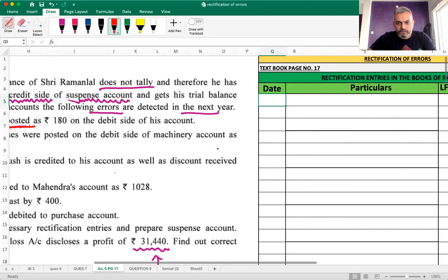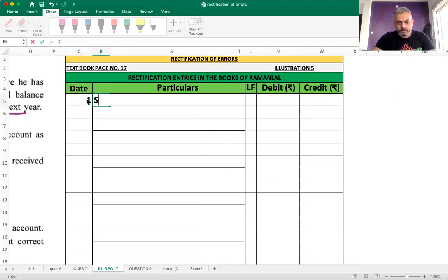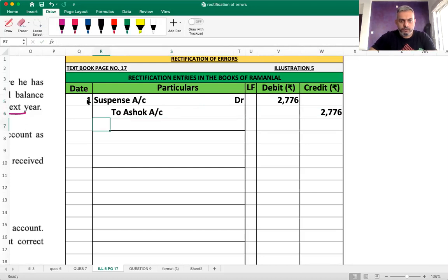Now, let's write the entry in journal entry. First, suspense account debit 2776 to Ashok account, 2776. Second,